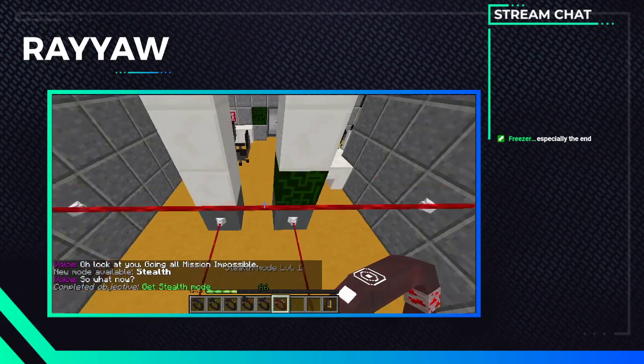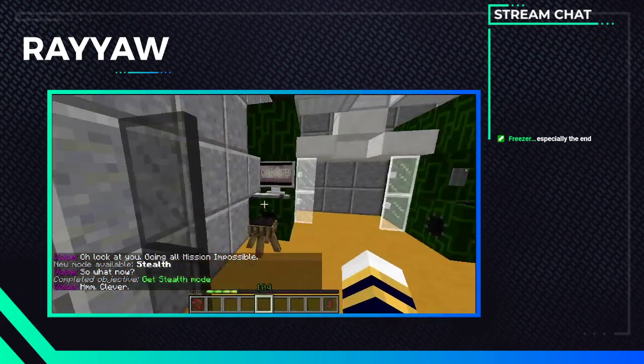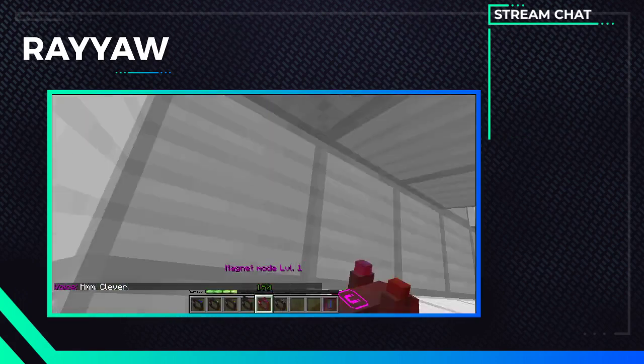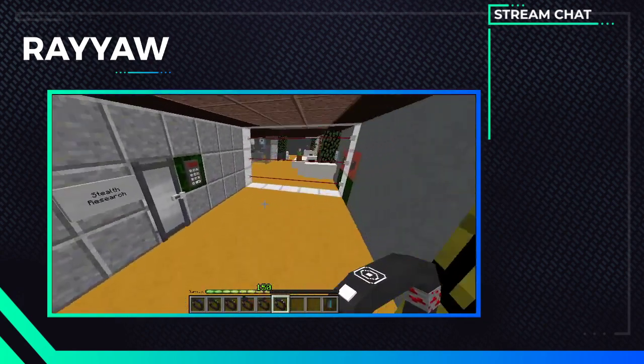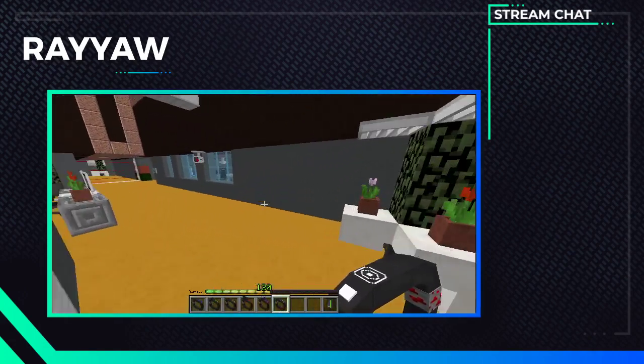get stealth mode, recharge, and open the vent while you're recharging, which can save a little bit of time. You can open it afterwards as well, as just personal preference. Opening it while you're recharging is slightly faster. Stealth through here, hug the wall,